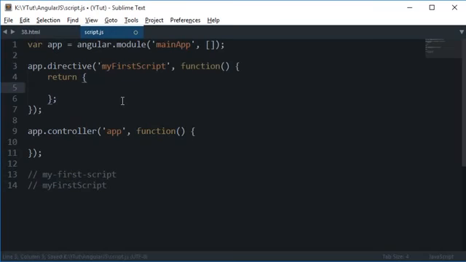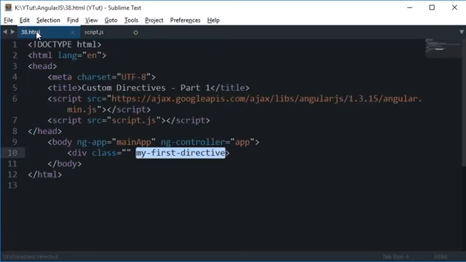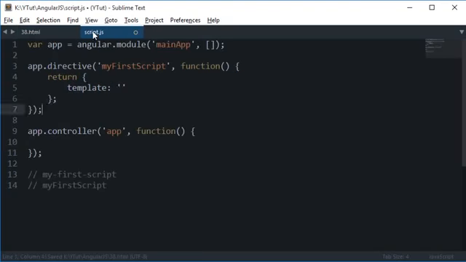Now right here we have to simply return a template, just like we used to do in the routers. So while routing in AngularJS, I showed you that we can make use of template, and you can pretty much return anything you want and it would be shown up on the screen. So similarly here as well we can do the same thing. So if I do template hello world,